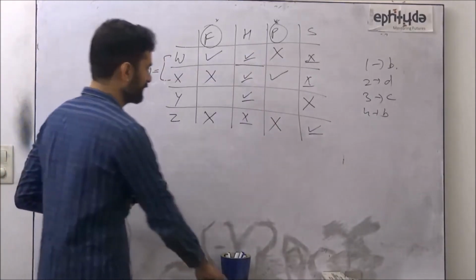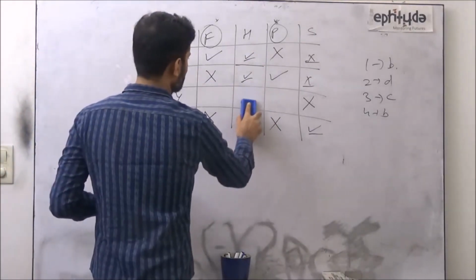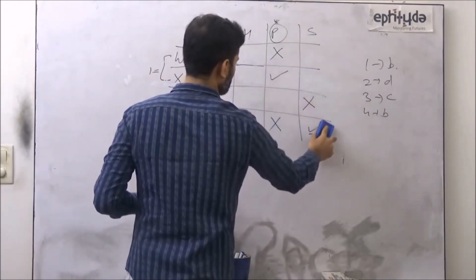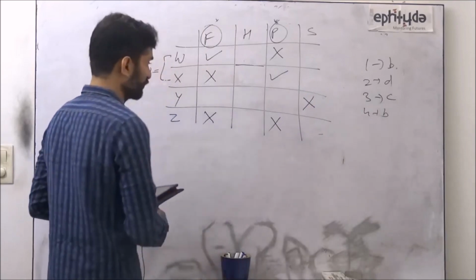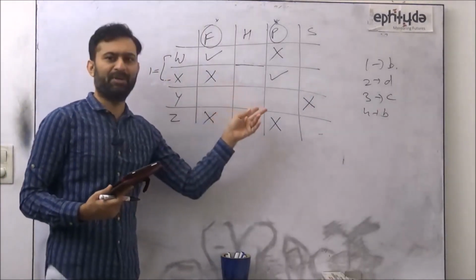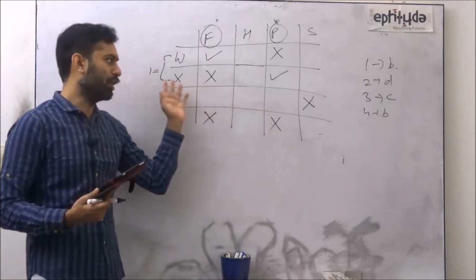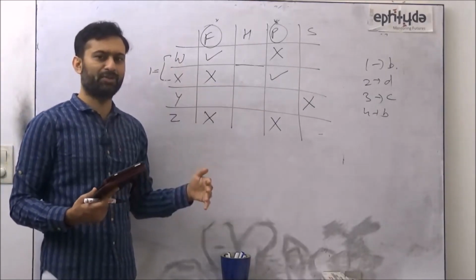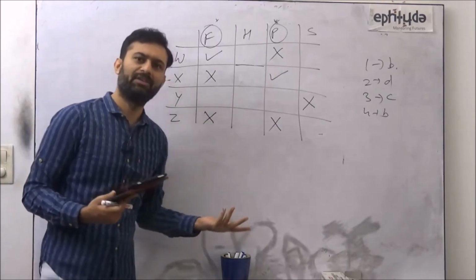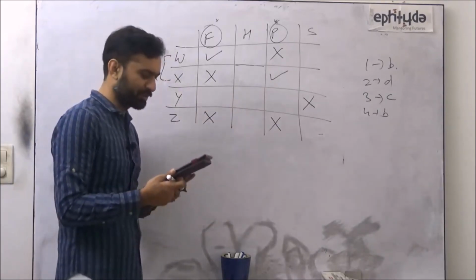Now we go to fifth. I again erase this because this information was only for this question. Right? So either you can use paper and pencil, or you can in one go in the first question itself make 5 tables. There are 5 questions. Make 5 tables 5 times. Right? Up to you. Whatever method you want to approach.